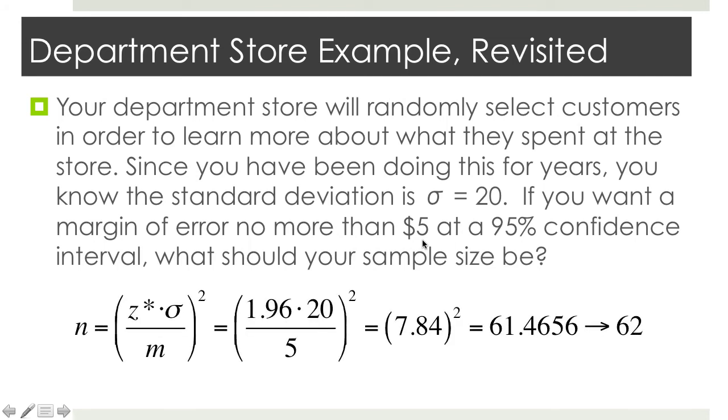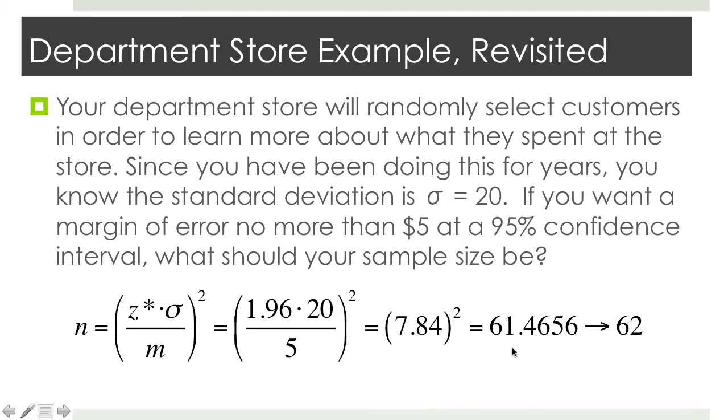So here's what the calculations are going to look like. Here's our expression for n. We're just going to fill in everything that we know. Because we're looking at a 95% confidence interval, we'll estimate z star to be 1.96. Sometimes we've used 2, but in this case we're going to shift to 1.96. Also, sigma is 20. That's given to us in the original problem up here. So sigma is 20, and the denominator is our desired margin of error, that's $5. So if you compute just the inside part of this, you'll get 7.84. And then when you square that, you get